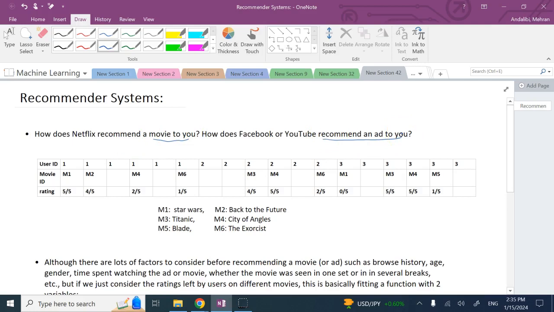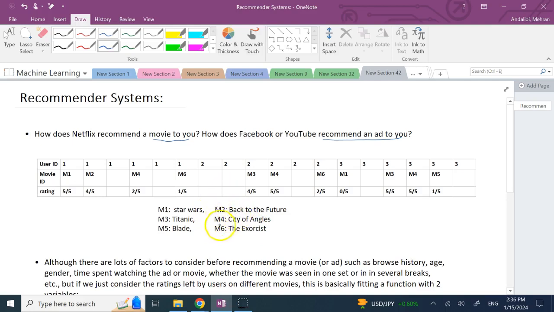How do they know which kind of ad or which kind of movie you might be more willing to see and put time into? Although sometimes you see they are not doing an amazing job, but what kind of system are they using, right? So, what kind of deep learning is that? That is called a recommender system. They always collect data from you, from your browse history, from what you watch, from the ratings that you give them, and so on.